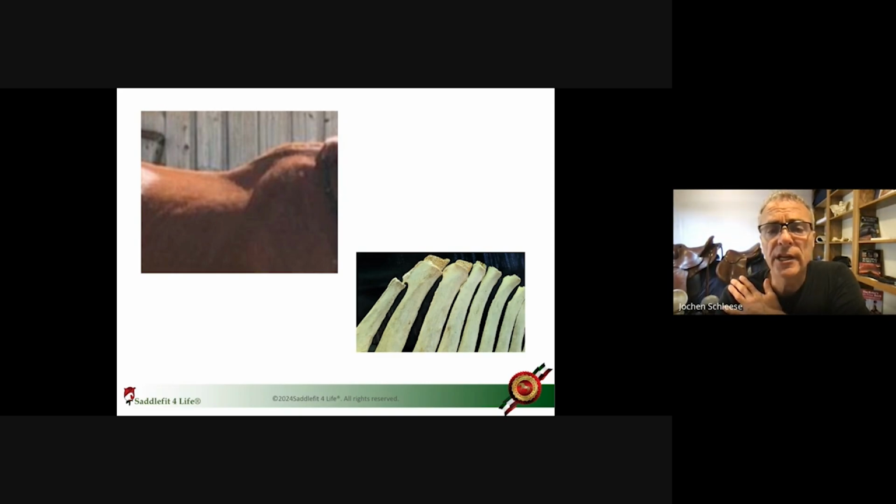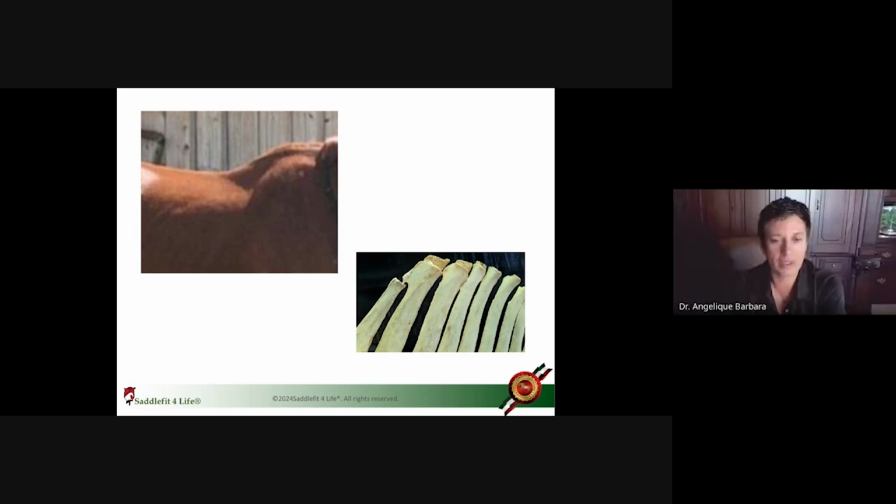And how much can you work on these type of horses if they're not calcified? And what is sort of the healing process? How long does it take? Once there's calcification and there's fusions that take place, you'll never fix that. You can slow down the rate of degeneration just through making sure that the saddle's fitting properly, doing body work. There's a few different things that we can do to provide this horse with comfort.